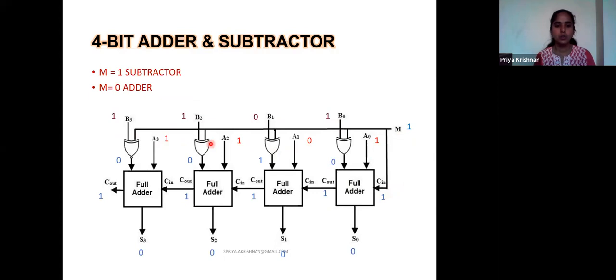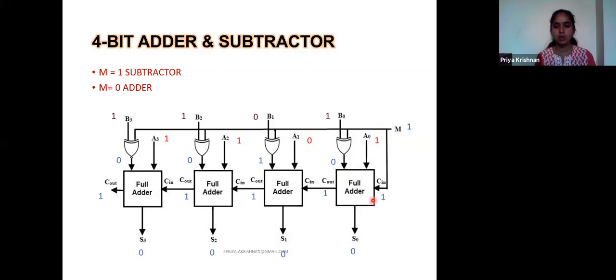Now you should remember how the XOR gate behaves. This point is 1 and this point is also 1 for the XOR gate. If both inputs are the same, then the XOR gate gives 0 as output. Everywhere the inputs are the same, so the output is 0; only where the input differs, here, the output is 1. So this is what is available: 0, 1, 0, 1, 1, 0, 0 and 1.